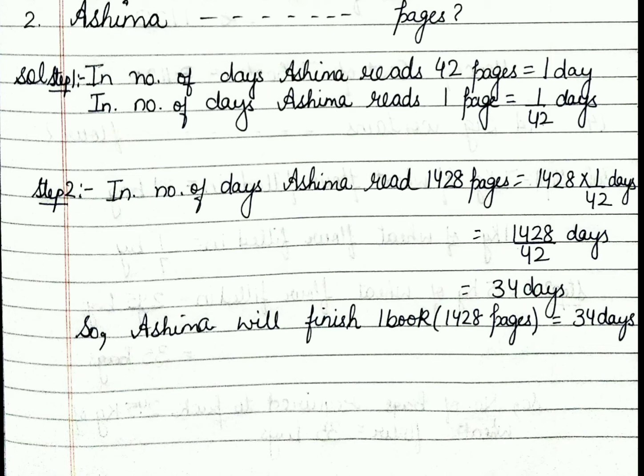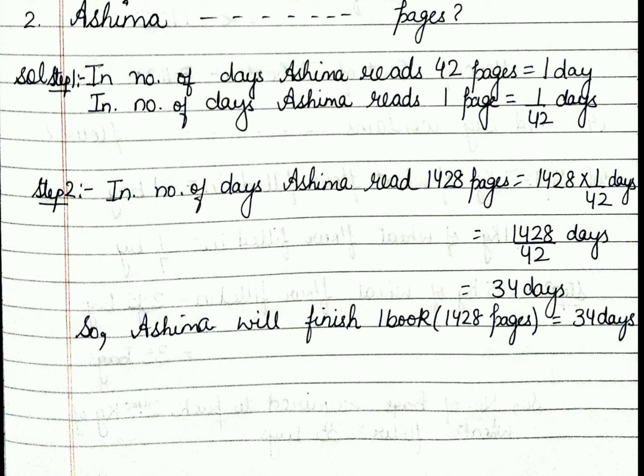Now in the first step, students, if many is given, then definitely from many you can't find many. What you have to do is, from many, first of all you have to find one thing. So how to find one thing? When you are finding one, you have to divide. So I have divided 1 by 42, because the number which is on the left-hand side will come down in the denominator. Clear?